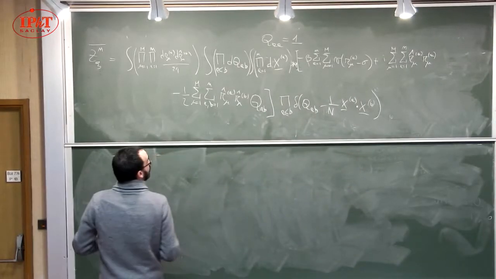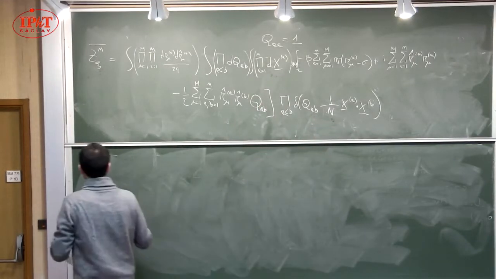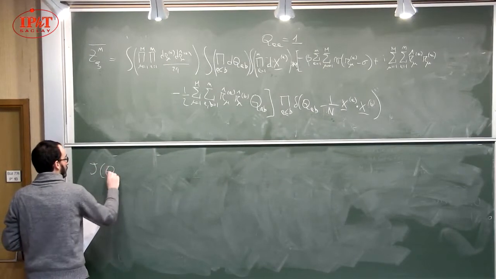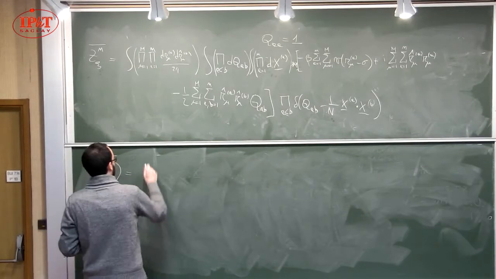So I compute the integral over x of this quantity. So let me define it. This is a function of q. It's a Jacobian. And it's just